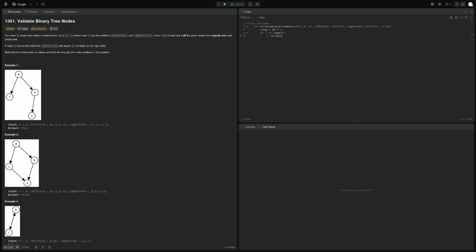If left child i doesn't equal minus 1, in degree of left child i plus equals 1. If right child i doesn't equal minus 1, in degree of right child i plus equals 1. So now we got the in degrees, and ideally what we want is that